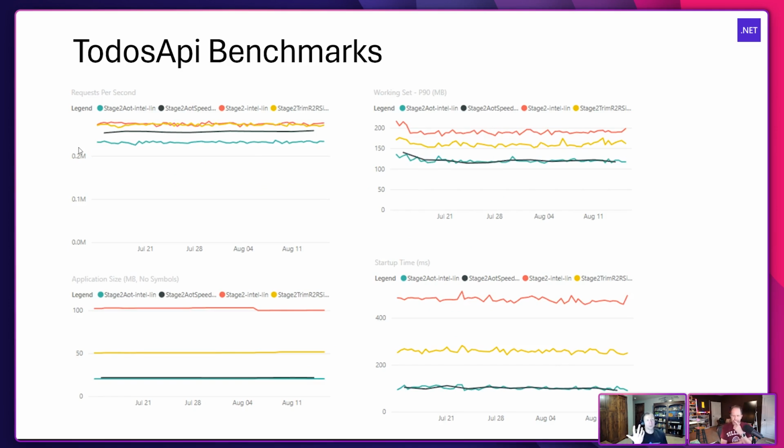So when we were doing the AOT work for .NET 8 in ASP.NET, we said we need to benchmark and make sure that all the perf benefits we think we're going to get, we're actually going to get, and in the places where we think there's going to be a degradation in perf, we need to measure, right?